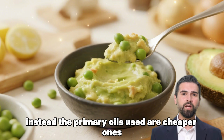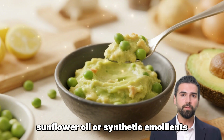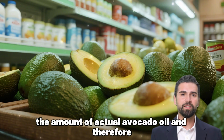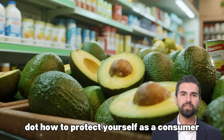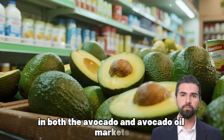Instead, the primary oils used are cheaper ones such as mineral oil, sunflower oil, or synthetic emollients. While these products may still provide some moisturizing effect, the amount of actual avocado oil, and therefore its touted skin-nourishing benefits, is negligible. How to protect yourself as a consumer given the prevalence of misleading practices in both the avocado